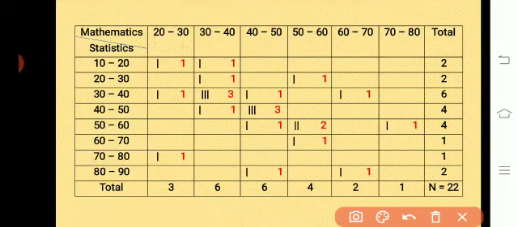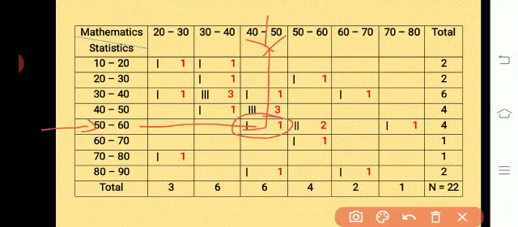Like this, we have to continue the process up to roll number 22. We can observe roll number 22. Marks in mathematics are 40. So 40 will come in this class interval, and for the same roll number 22, marks in statistics are 52. So 52 will come in the class interval 50 to 60. So here is the intersection of these two. In this cell we have to give a tally mark for roll number 22. Like this we have to complete giving the tally marks for all the students, and then we have to count the tally marks and write